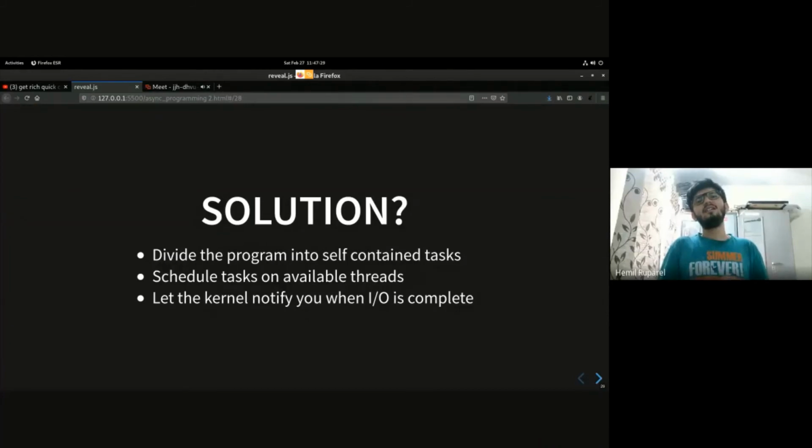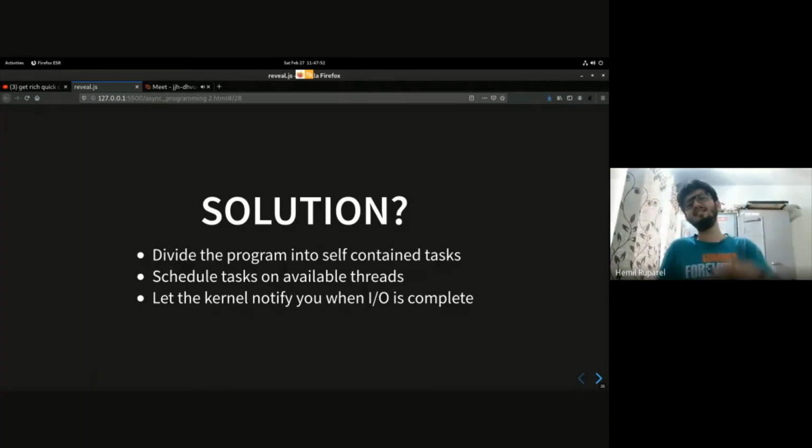For example, in the Boost Beast Get Rich Quick talk, what he does is event-driven programming. When you get a request at this particular URL, execute this piece of lambda. And the lambda is self-contained.